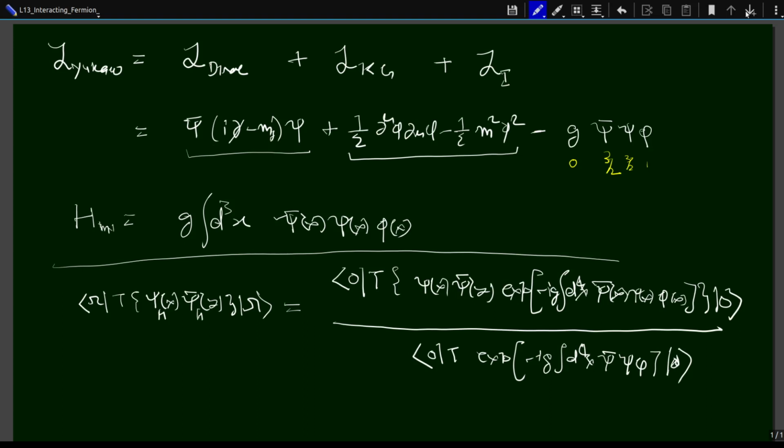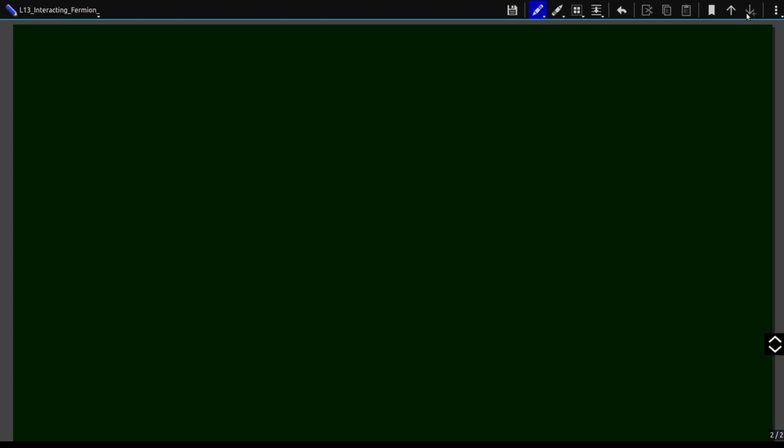only to suggestively indicate what terms there are, and see where all we need to be careful when dealing with the fermions. So what we do, let's look at the numerator and do the expansion of this exponential over here. Okay, so if I write the numerator of that thing, the numerator is equal to 0. The very first term is this identity, so the time ordered product of psi of x psi bar of y, okay, followed by